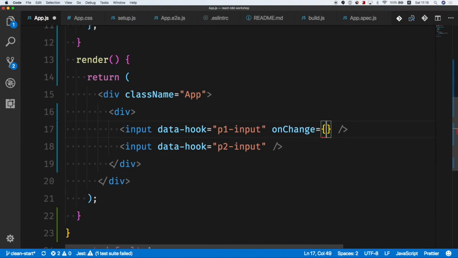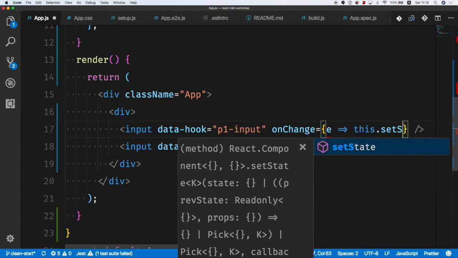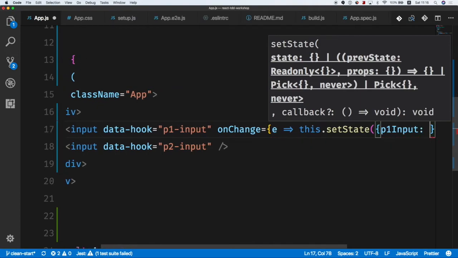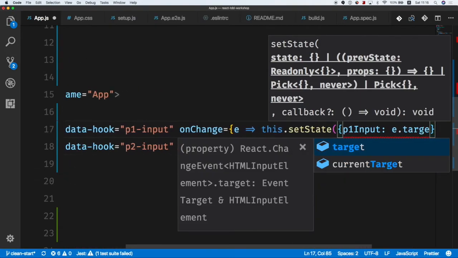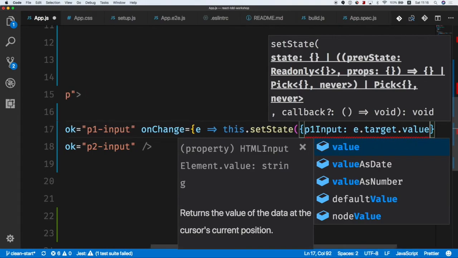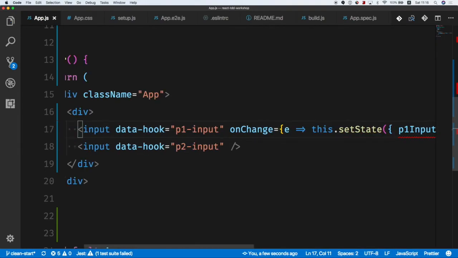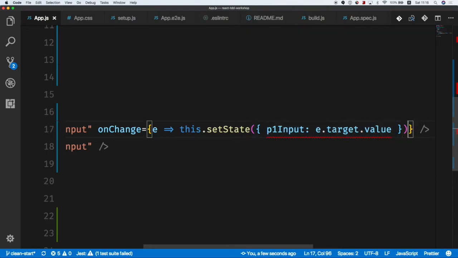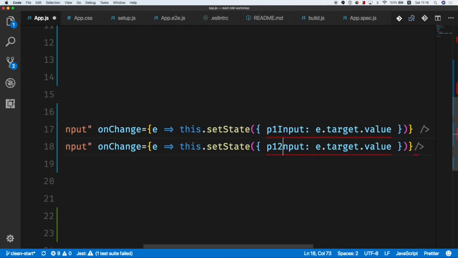Okay, questions? Okay, so we'll use this input and we have something like this.setState, and p1 input is e.target.value. Okay, and same for, what did I do wrong? A new state. Okay, this will be okay. And then I'm using the same for p2 input. Okay, so we have